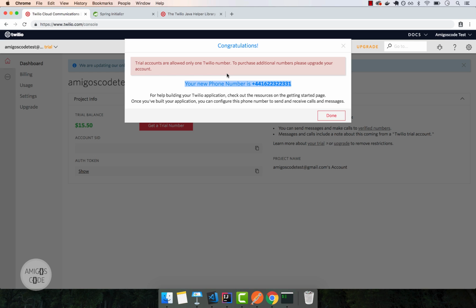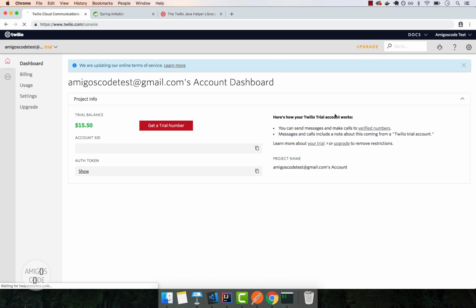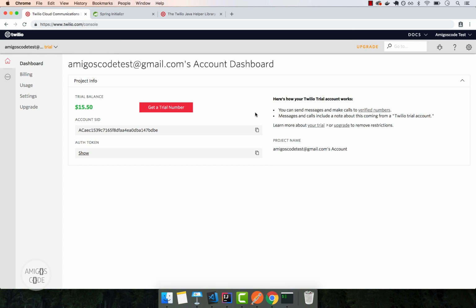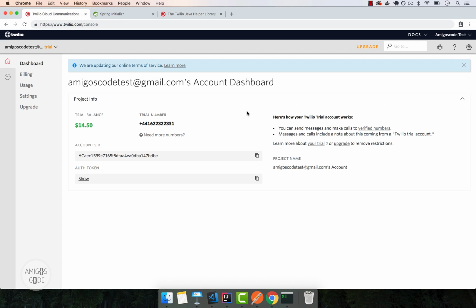So this is more than enough for testing purposes. Now I'm going to go ahead and press done. And this is everything that we have to do in order to configure Twilio. So now we need to write a Spring Boot application that uses this trial number, the account SID, and then the auth token. So basically, using these three pieces of information,